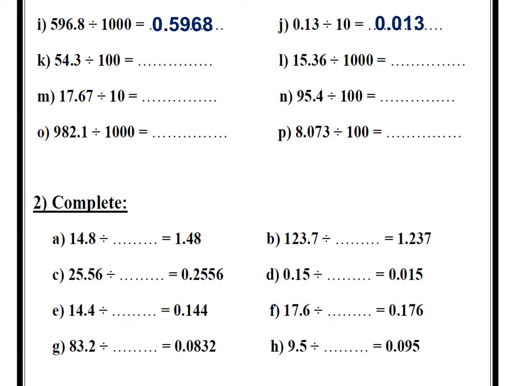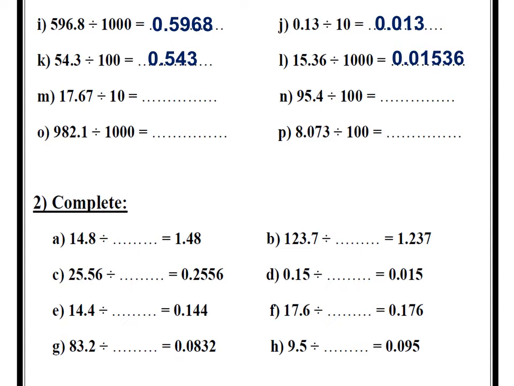K, 54.3 divided by 100, 2 steps, so my answer is going to be 0.543. L, 15.36 divided by 1000, 3 steps, 1, 2, 3, and as we can see there is going to be an empty space, so I'm going to fill it up with 0, so my answer is going to be